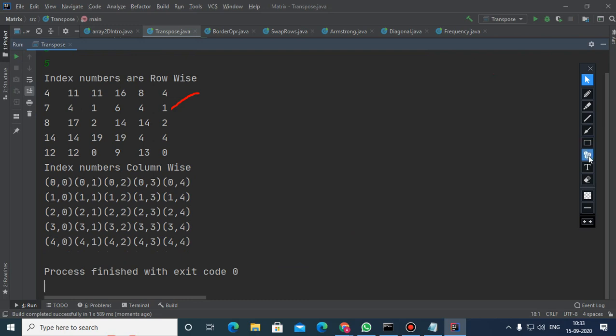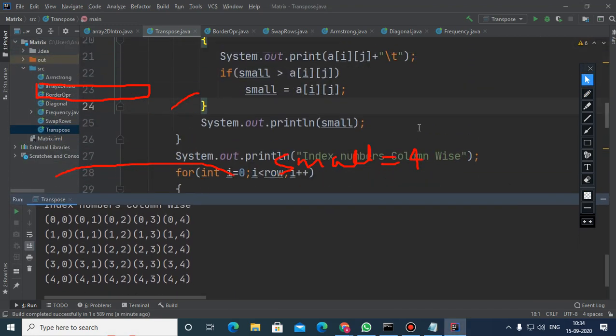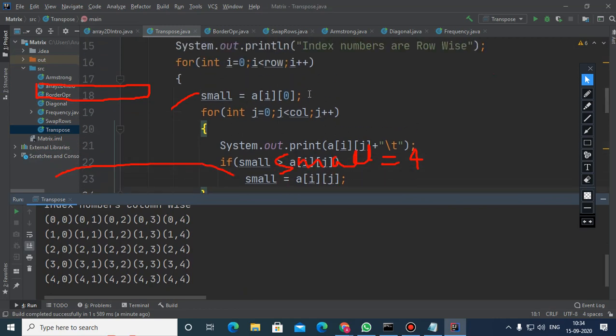In this, if you see the code, when I was considering the very first row, the element at 0, 0 index, I have considered that this element is smallest, which is 4. You can see I have done it here. small = a of I 0 will get stored in small.